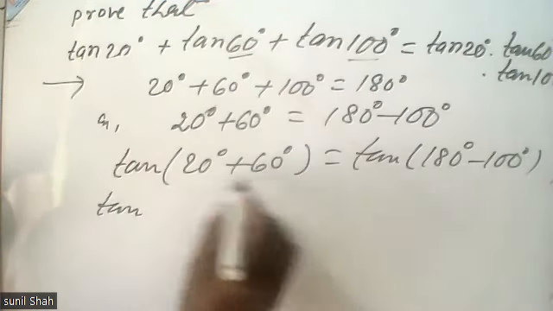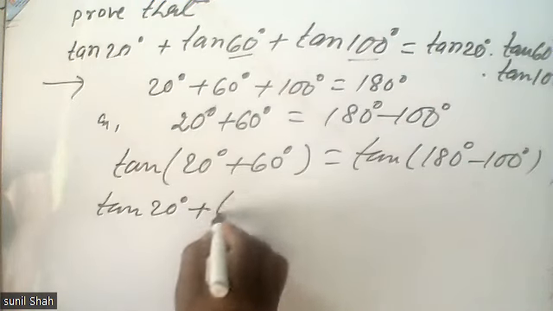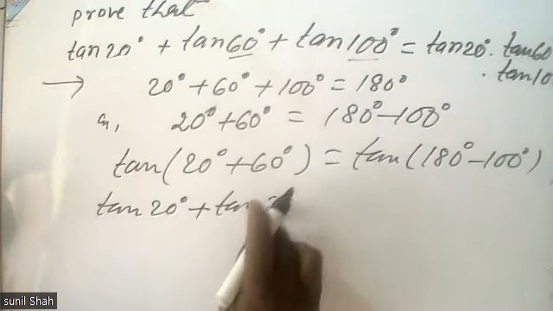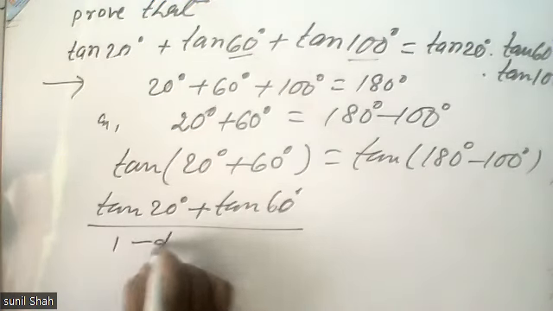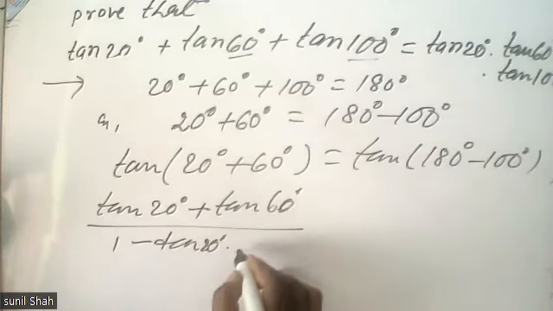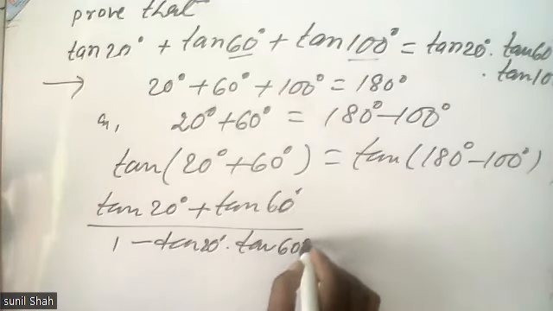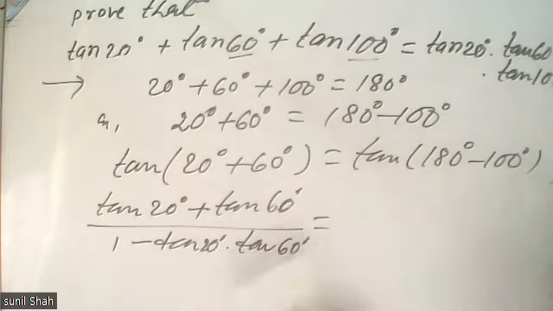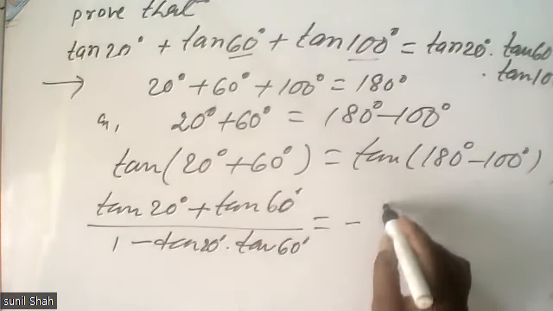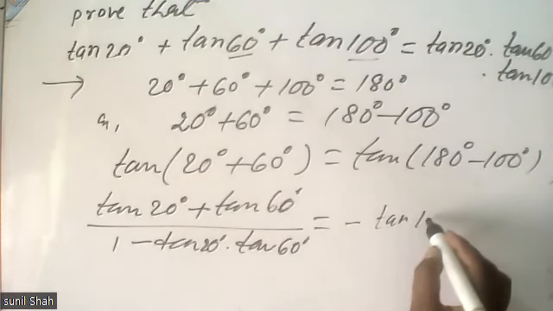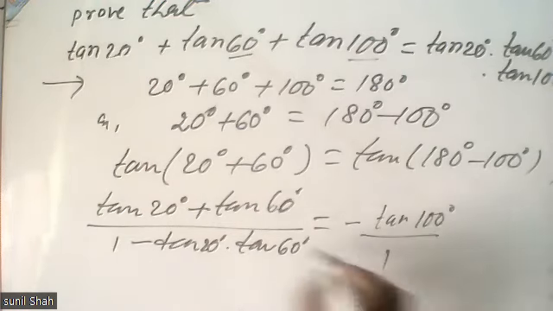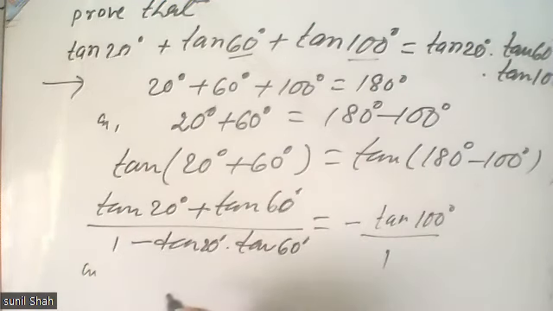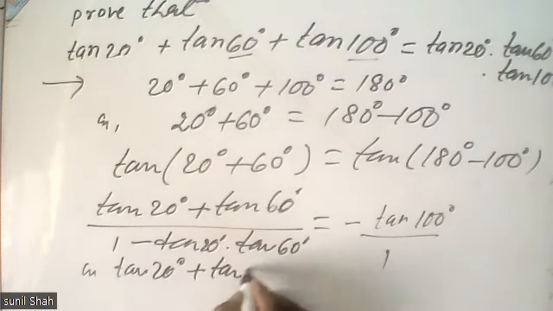Put the formula for tan A plus B: tan A plus tan B over 1 minus tan A into tan B, that is tan of 180 minus theta, minus tan theta. So minus tan 100 degree. Multiply this by this and this one by this two. We'll have this one. So tan 20 plus tan 60